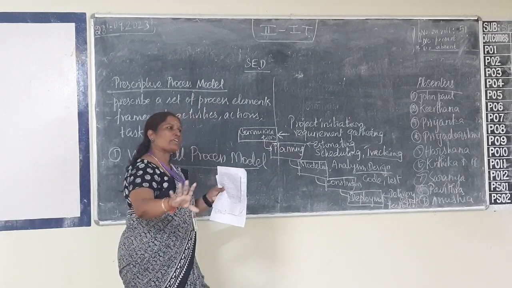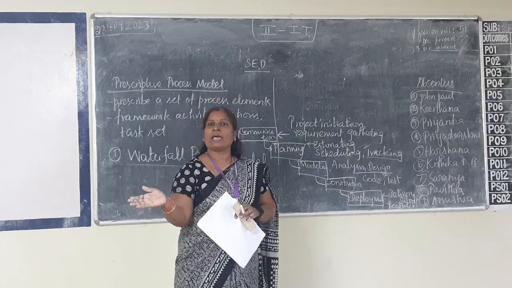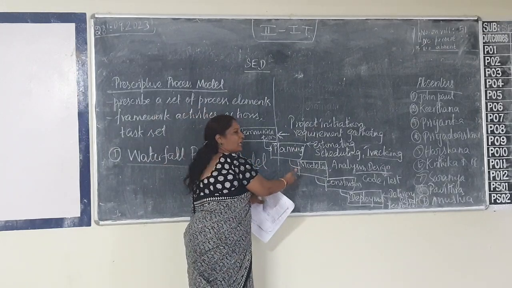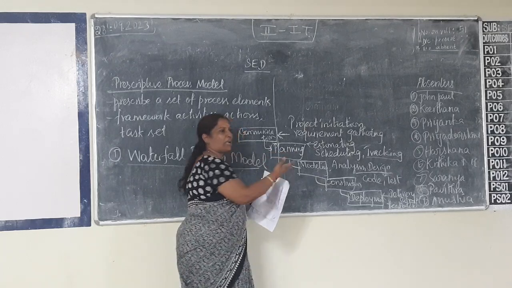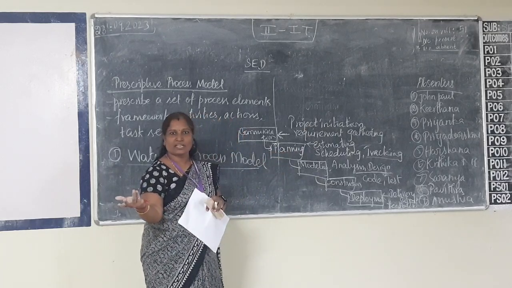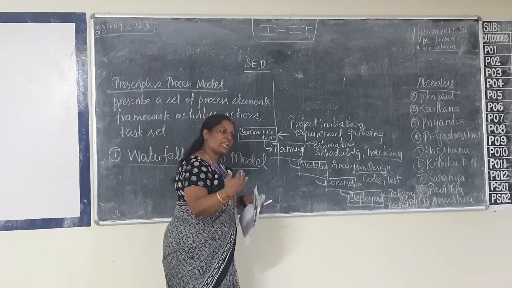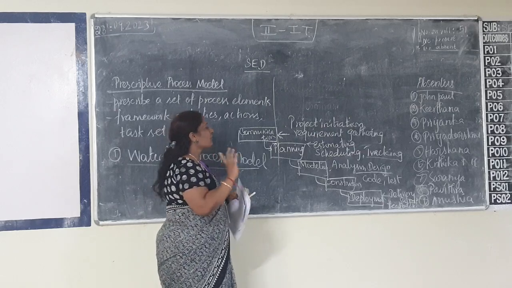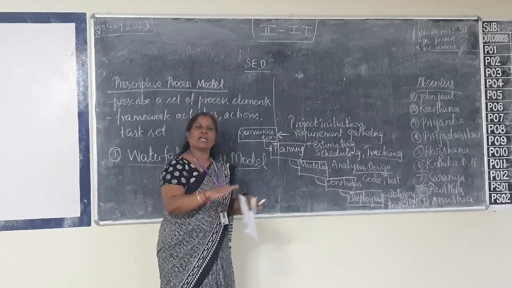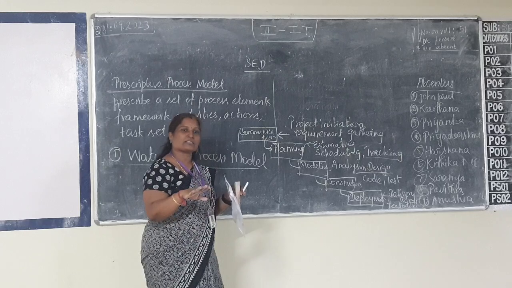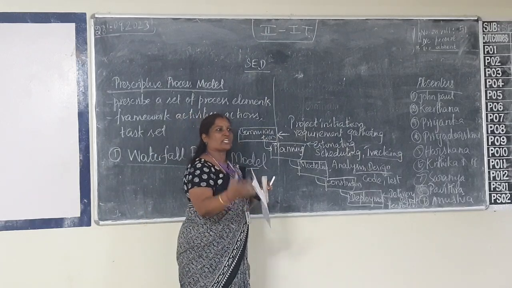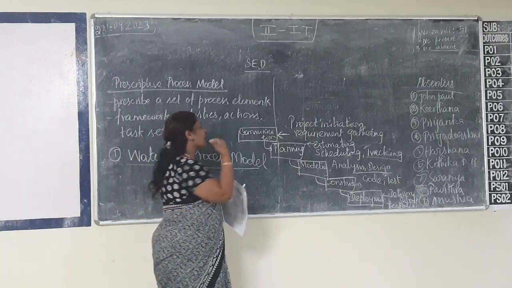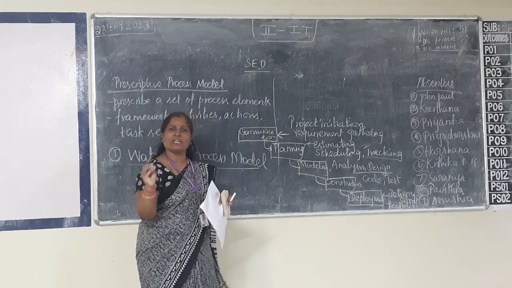This is possible when I know about the whole project: this is how I am going to execute, and I have a proper plan in my hand. Only then can I proceed with this linear model, because after moving on to modeling, if I want to make any changes in the planning, it is not possible. Am I right? Because it is a waterfall model, once I went down, I cannot go up. So when the project is very well defined, I know all the requirements, I know who my customer is, to whom I am going to deliver the project, and I know the software, database, hardware, everything, only then can I go with this. But this is a very simple model.